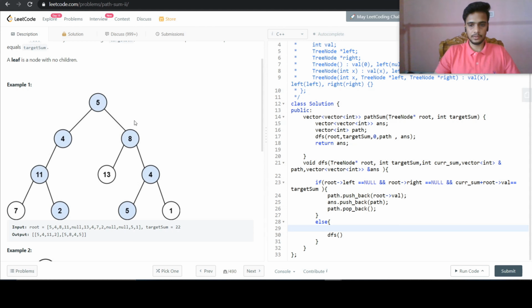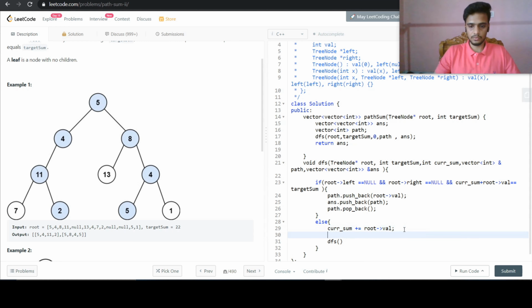First of all, we will add: current sum is equal to current sum plus the root's value. So now the current sum for that particular node will become the previous sum plus that current root value. After that we will do a DFS for its child.